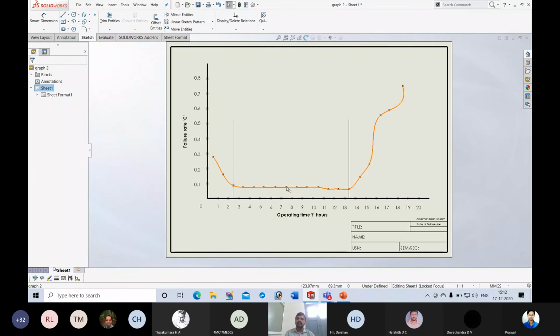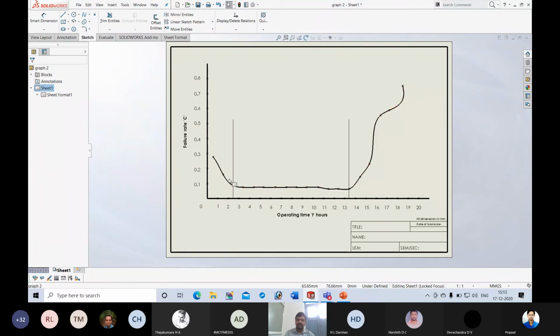Next, I have to find out the average failure rate. In order to find out mean time to failure, I have to find out the average failure rate. In order to find out the average failure rate, I will consider only the failure rate from 2 to 14, only these values from this point to this. That means from time interval 2 to 3 to 13 to 14. I will consider only these values to find the average failure rate in the chance failure region, because this is the